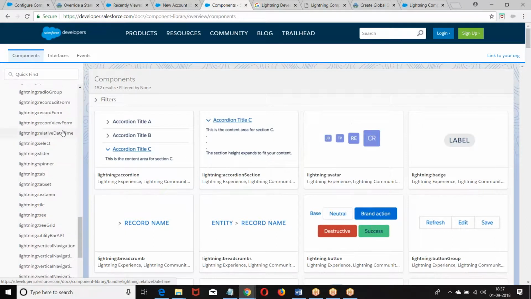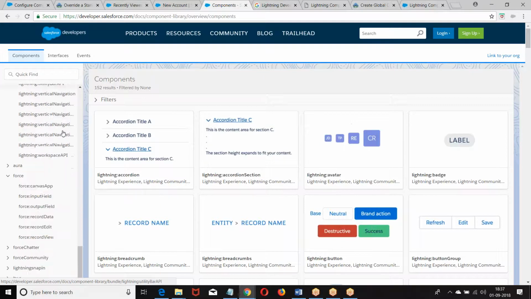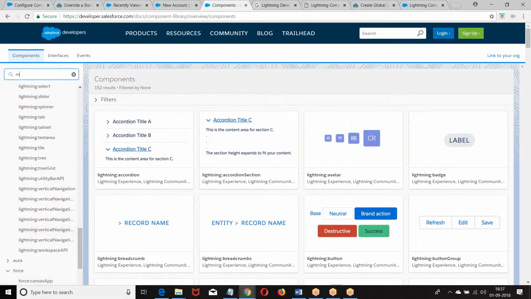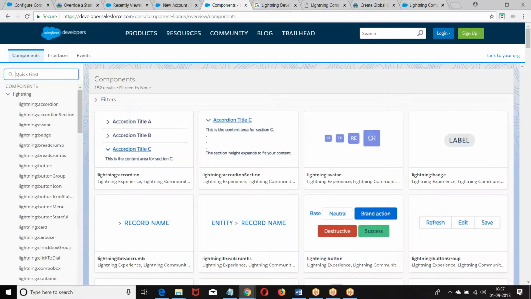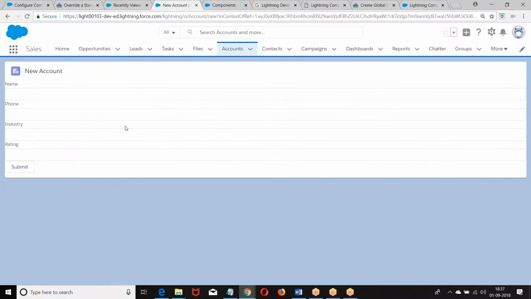There is a modal concept here which we can use. There is an attribute called modal using which we can do it. Not available here. Okay. There is a modal concept. There is the pop-up box. The pop-up box is called a modal concept. Using that we can achieve it. I'll do an example in coming classes. So this is simply replacing the component.